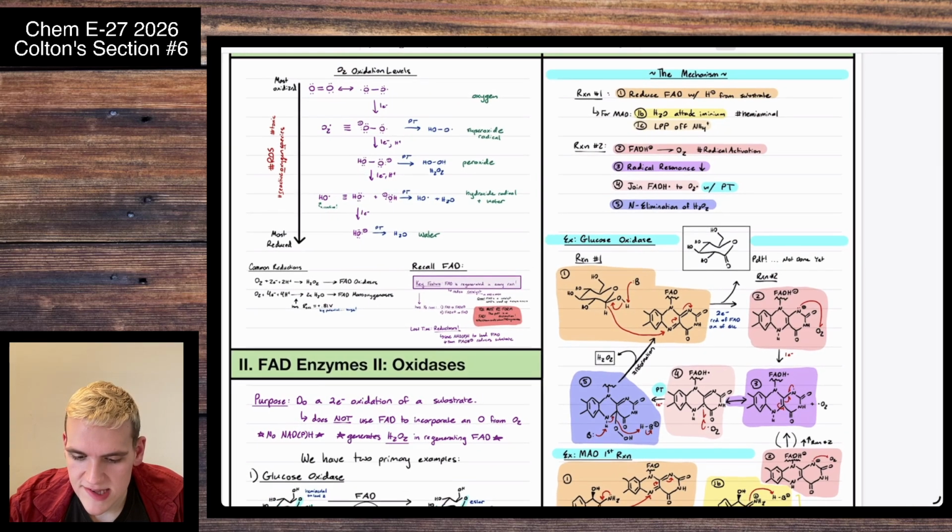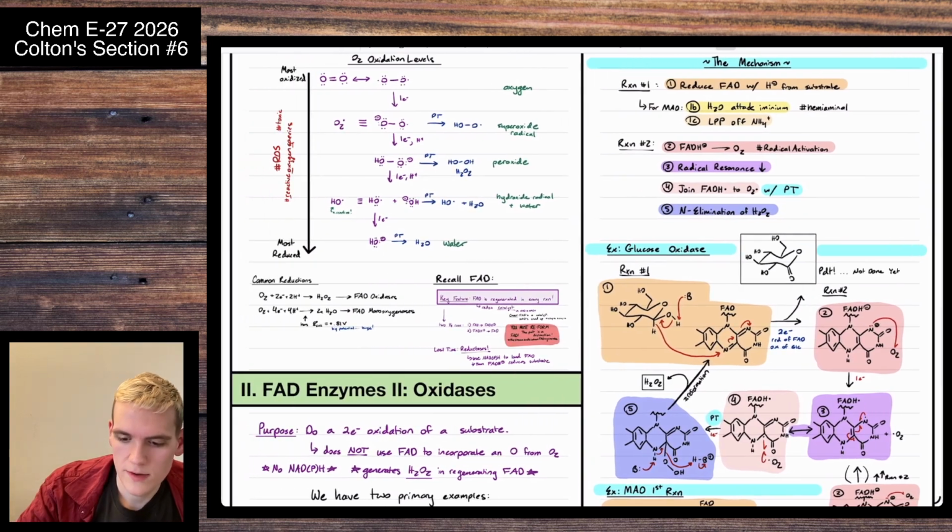And maybe just so you can see it with the labeled steps here. So reaction 1, we reduced FAD with the H- from the substrate. So kicking off the H- here. Step 2, we did a radical activation by giving a single electron to O2. We did radical resonance down. Then we joined FADH dot to O2 dot with a proton transfer and did this kind of nitrogen elimination of